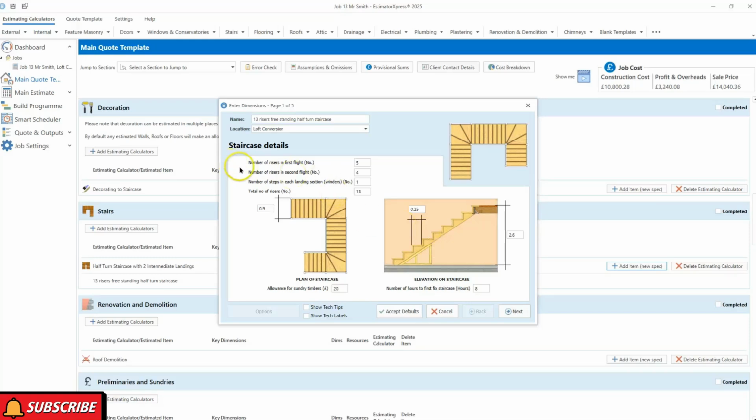Now we confirm the number of risers, the number of stairs, and steps for each section of the staircase that is. So we're going to go with 5, 4, 1, and the total number being 13. We allow a sundry allowance of £20. Of course, we can increase that as we see fit. We confirm the tread depth, and of course, as with all of the other